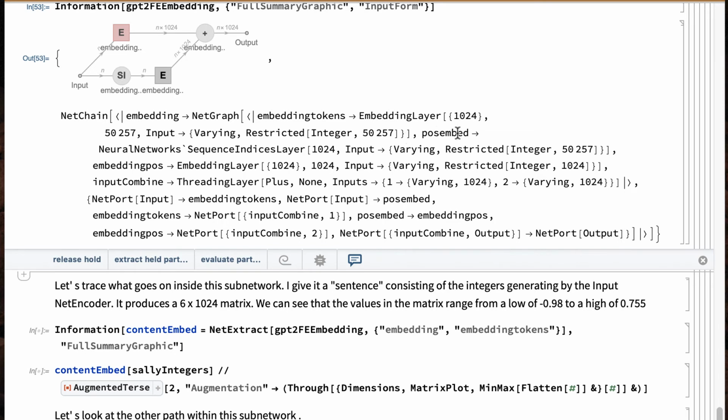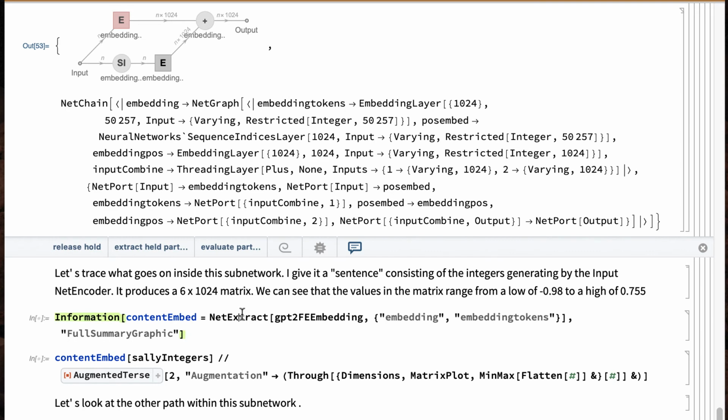Then there's a pos embed, and pos, I'm willing to bet a lot of money, stands for positional, and an embedding pos, which is then going to take those integers produced by the pos embed and convert them also into 1024 length vectors. And then there's this combine thing here, which is going to basically combine the positional embedding with the content embedding, which is what I discussed in the prior video.